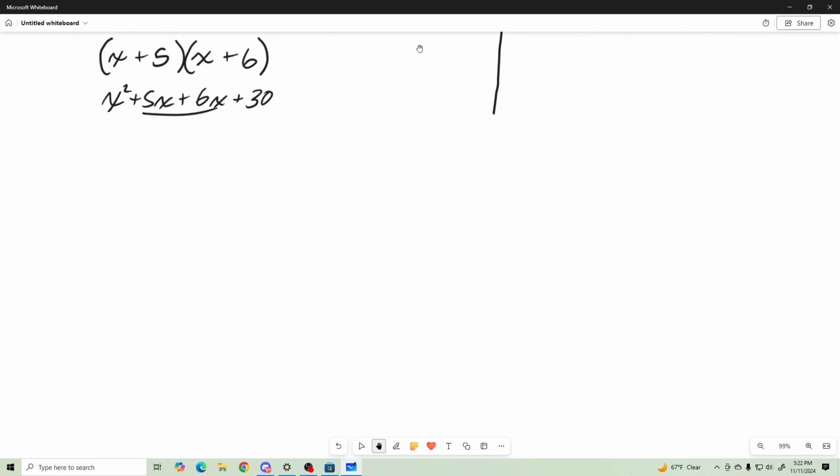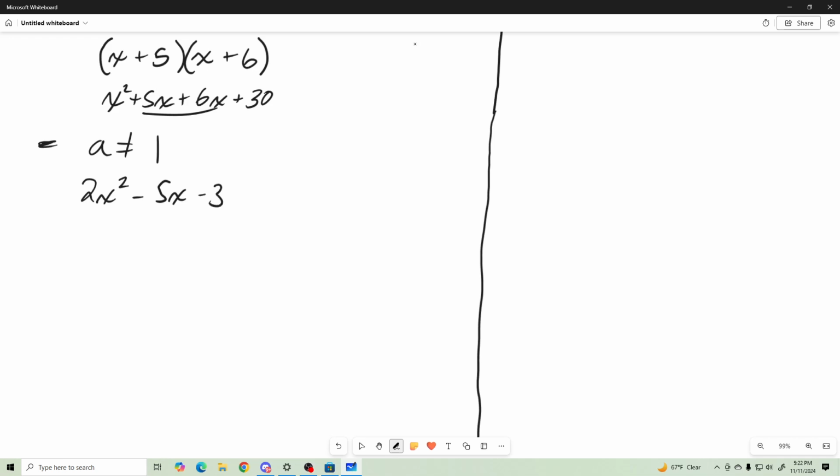But what happens if a doesn't equal 1? This is where it gets a little bit more complicated, but it's not too bad. So if a doesn't equal 1, how do we do this? Well, let's take a look. So if we have 2x squared minus 5x minus 3,